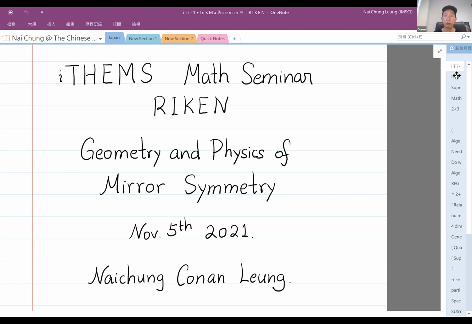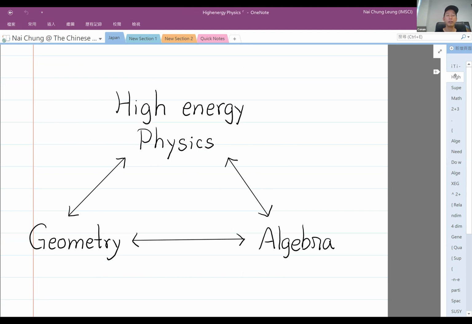To begin, the way that I think about this is that this subject has a lot of input coming from high energy physics, like string theory and M theory, mostly string theory. There is a lot of mathematics involved in this, for example, the parts I am very much interested in, which are related to geometry and algebra, and all of these are interrelated to each other.